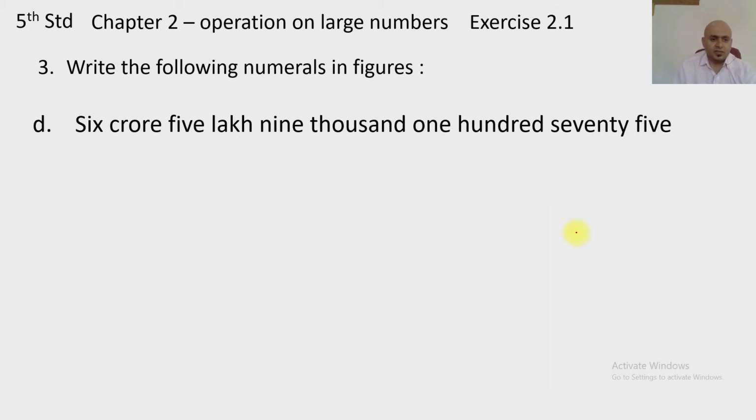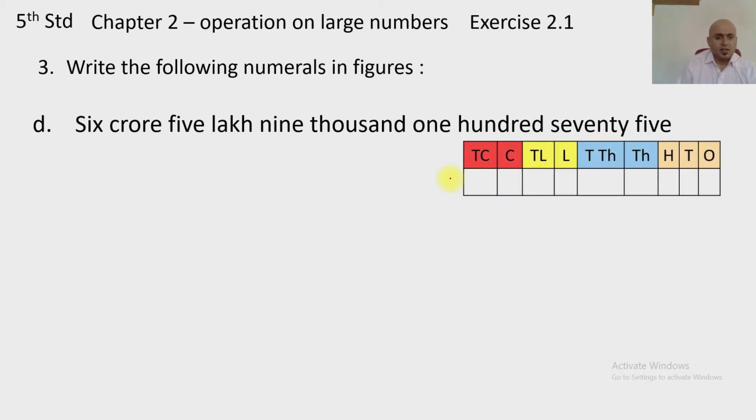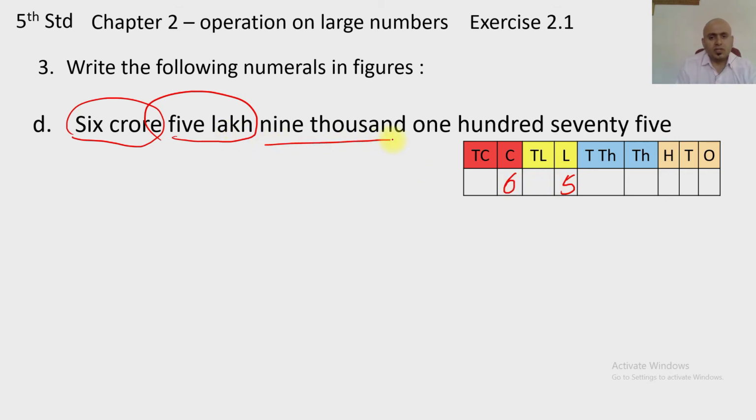Okay. Next question. 6 crore 5 lakhs 9,175. So let us fill in the table. That is 6 crore in crore place. So only 6 you have to write here, not in 10 crores. Only in crores place you have to write 6. 5 lakh, so 5 in lakhs place. 9,000. They are given only 9,000, so 9,000 only. 9,100, so hundreds place of 175. So 75, and the remaining numbers in between you have to fill with 0.